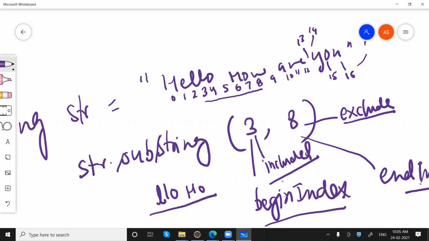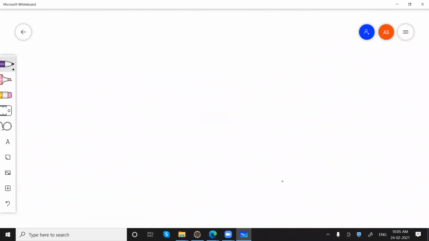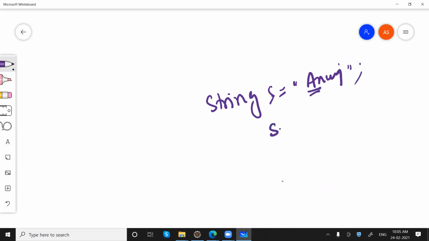Right. For example, we have string s equals to "Anuj", and I want to take the first character. So I can just say s dot substring, start from 0 and go till 1.